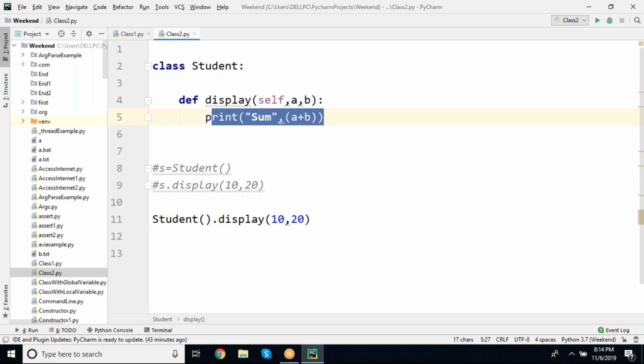Now write on heading, inheritance. Inheritance. It is a process of deriving